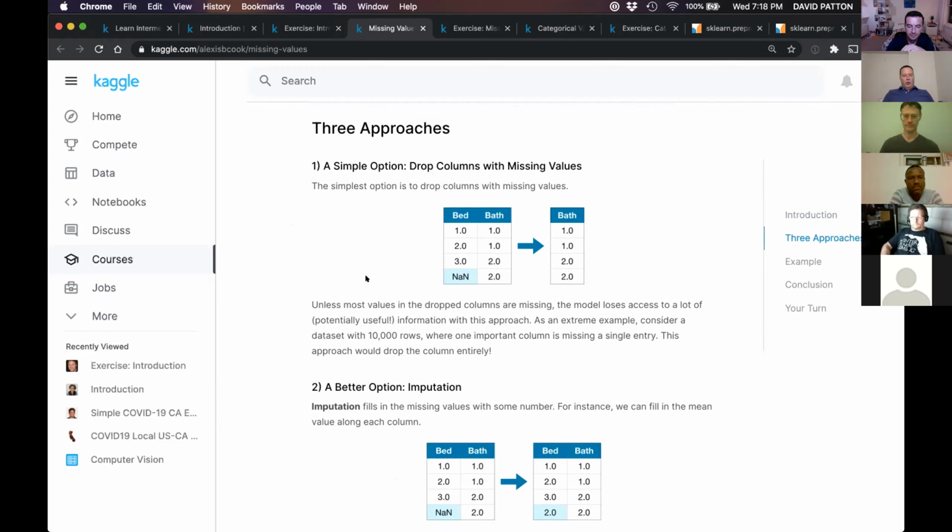Well, that's a very brute force approach, and it may work when that column has no real meaning to prediction. So if no one cares about the number of bedrooms in a house and it makes no difference on the price, then you would be safe to drop this column. I suspect that's not the case, but we'll test that.